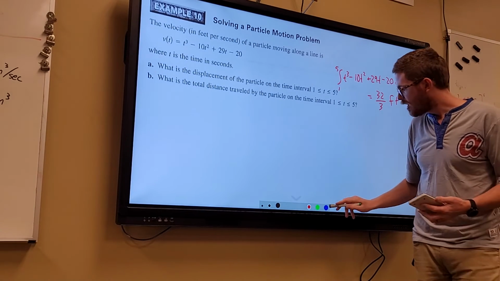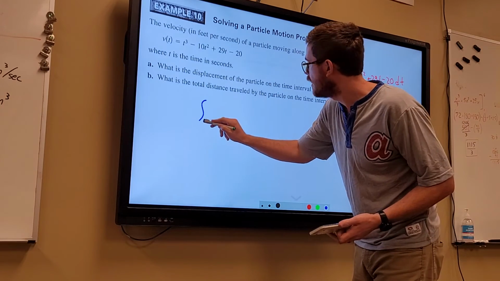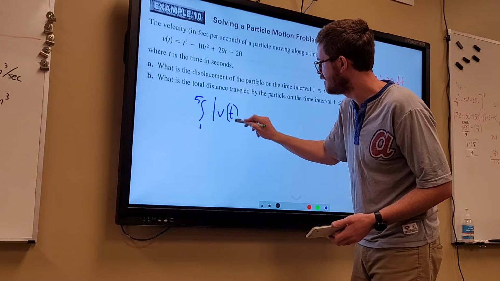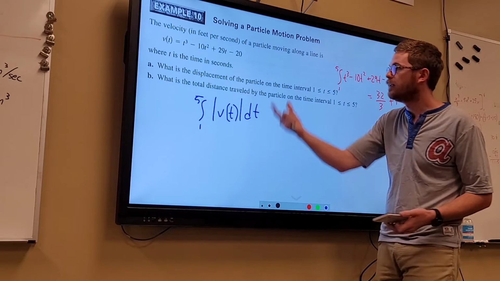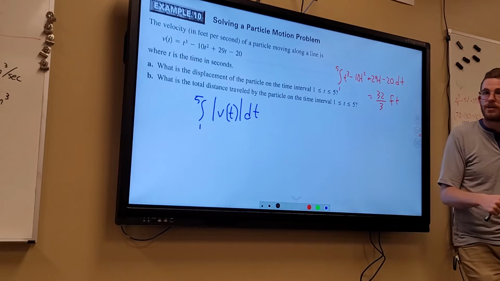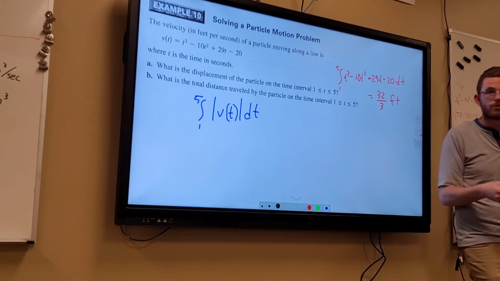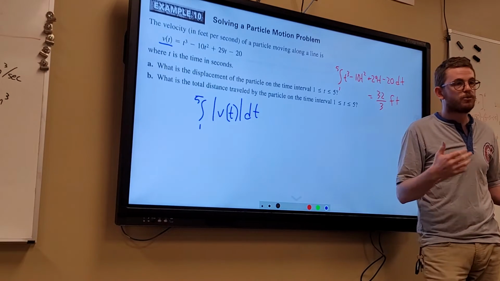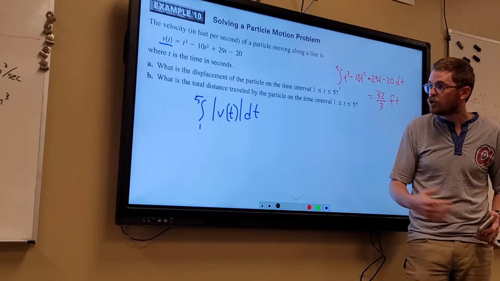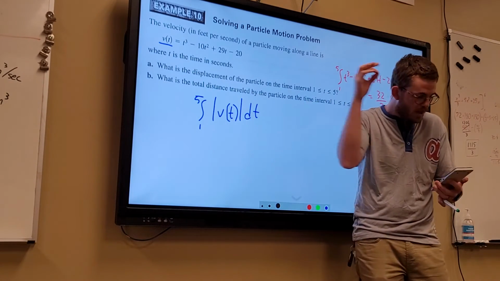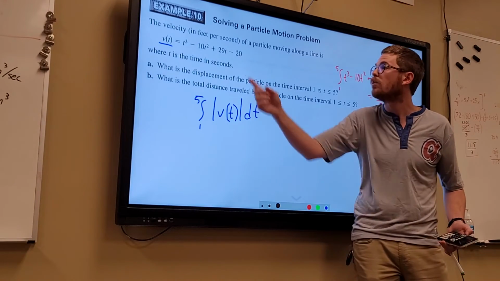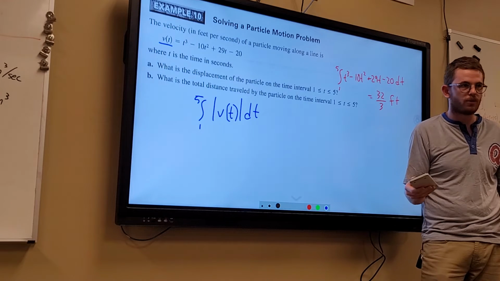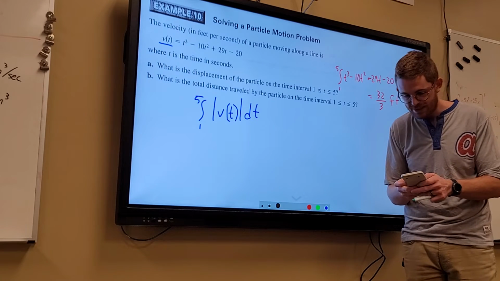Now, the total distance traveled can be as simple as writing this and typing into our calculator pretty much the same thing we did before, but with absolute value symbols around it. Because our velocity function has been referred to as v of t, you can write that on your AP exam, just write that on your paper. If you don't want to write this all out, of course you still need to type it all in so your calculator knows what it is. And if we do that,